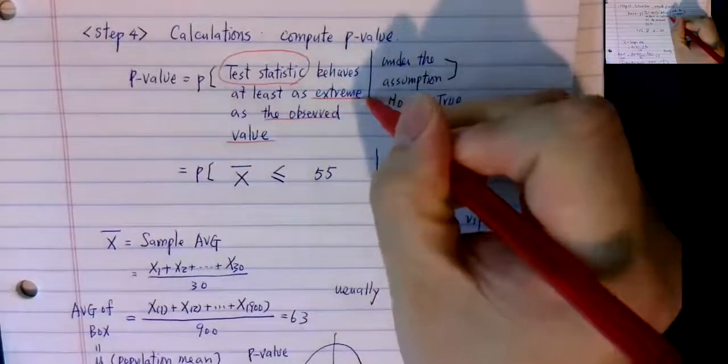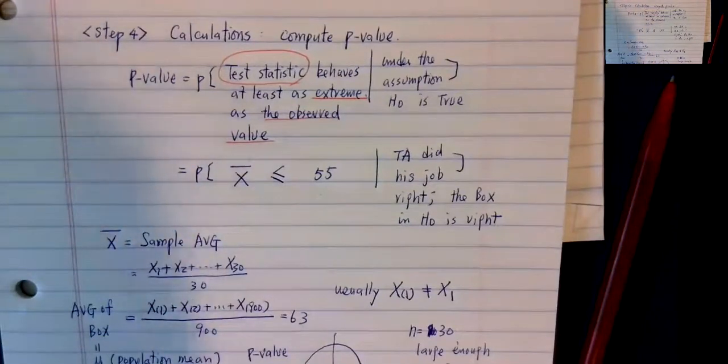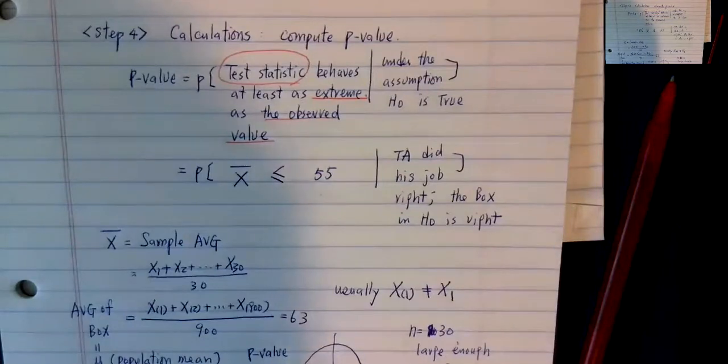This is an example I use all the time. If your boyfriend always says he likes you or he loves you, right? How likely is it that 100 times you go out with him, 99 times he was busy watching the other girl on the street? Under H0 is true, it shouldn't happen, right? At least he should consider your feelings, right? If he doesn't consider your feelings and he keeps saying he likes you or he loves you, that's called what? That's called extreme. Is that okay?